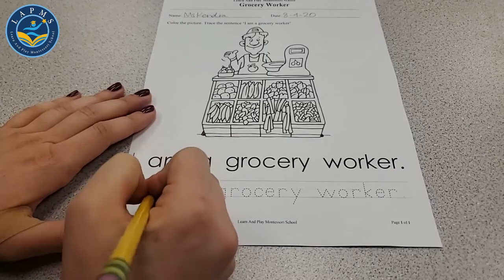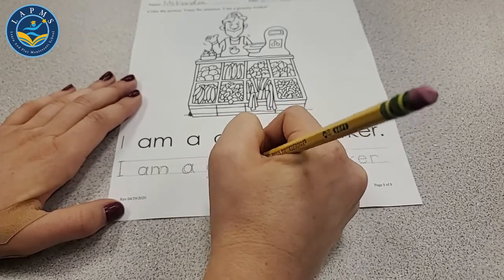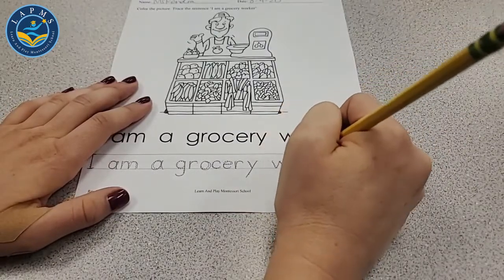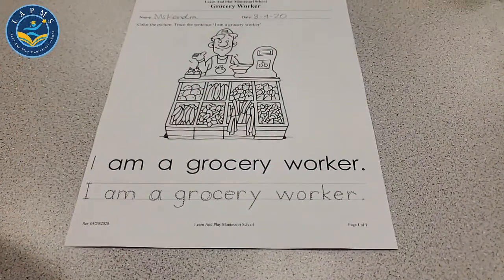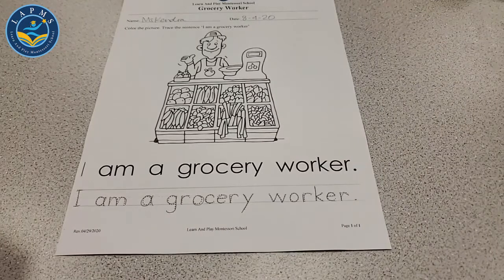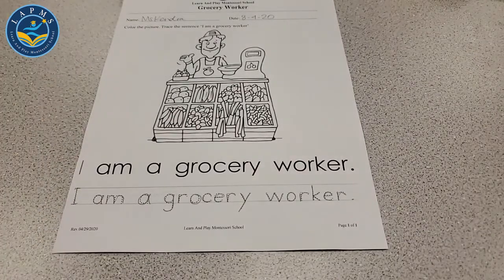I, am, a, grocery. We know what groceries are, right? Yeah, right? There can be food, but what else do we have in the grocery store? Yeah, we have food. We have stuff to clean the house. Things to clean our bodies, right? They have lots of stuff at the grocery store. Yeah. Can you tell me where the grocery store gets their food? Yeah, the farms, right? And maybe it'll go on a truck, and a truck driver will bring it to the